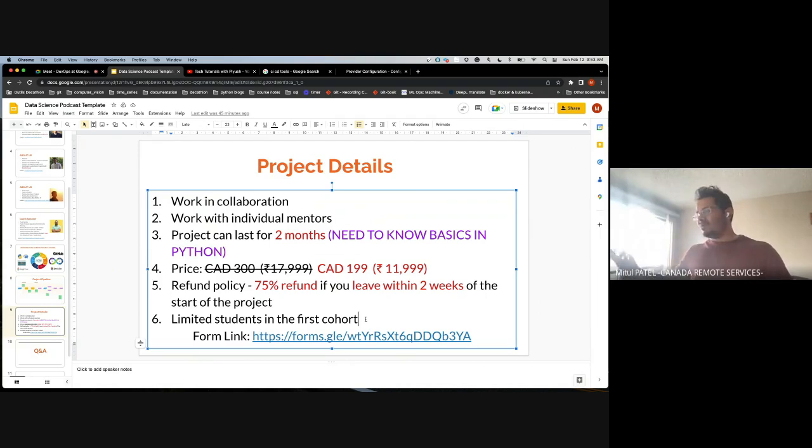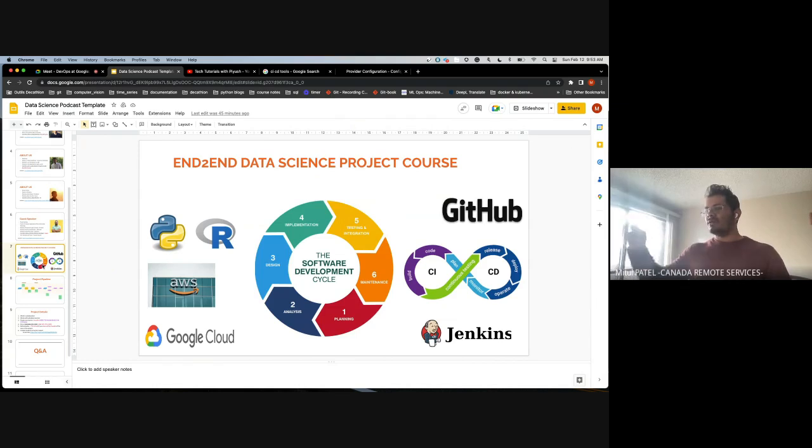Rather, we want to help people upskill and go find jobs. The most important thing is we're not guaranteeing jobs like boot camps. What we are guaranteeing is you'll be a better programmer and a better data scientist, because we're going to focus on tiny little things that other boot camps wouldn't focus on, and also learn tools in a single project.